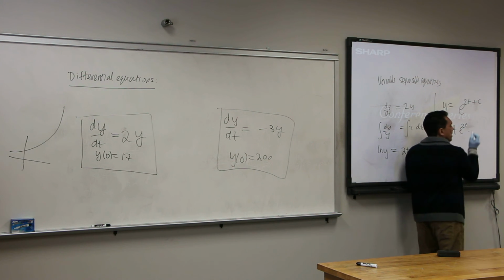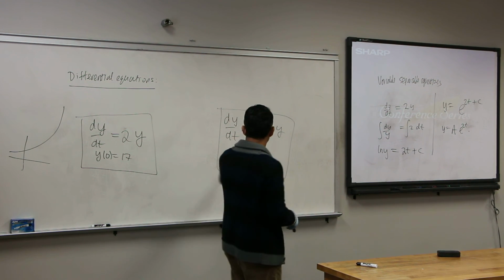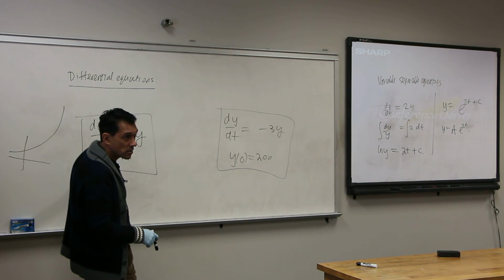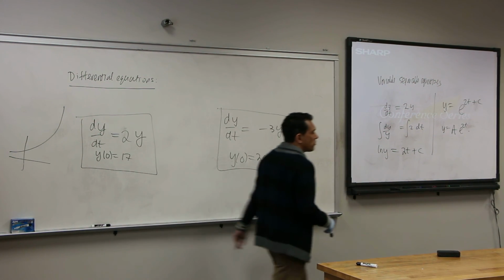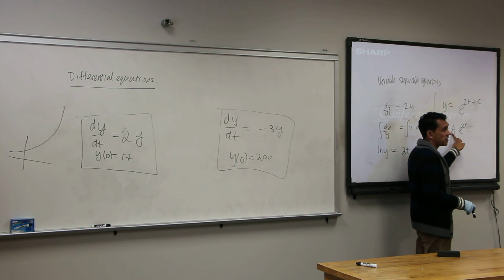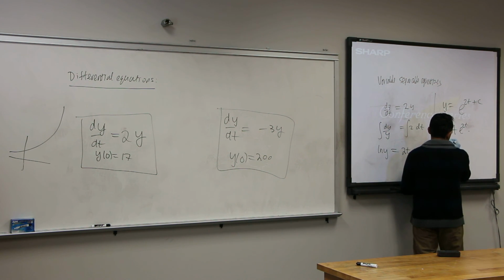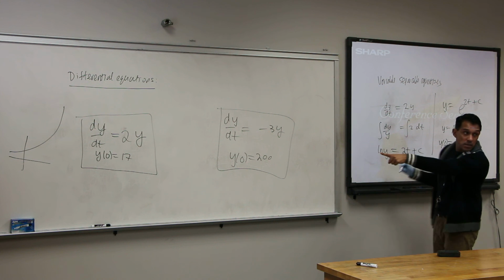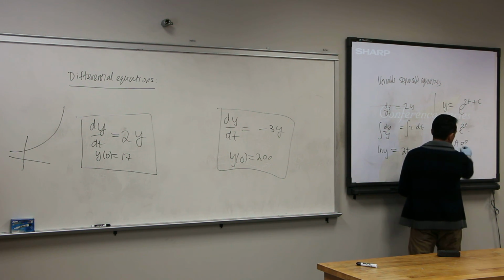Let's call it a. Is that okay? Now I'll get my a from this initial condition here. What's my a? y of 0 is 17. But that's a e to the power 0. What's e to the power of 0? 1. So a is